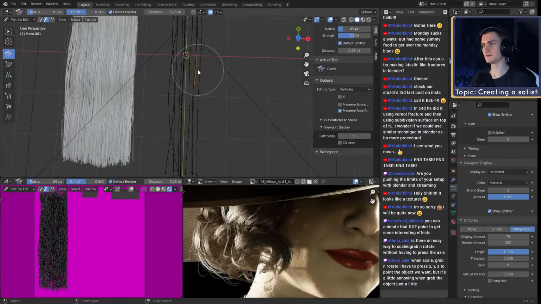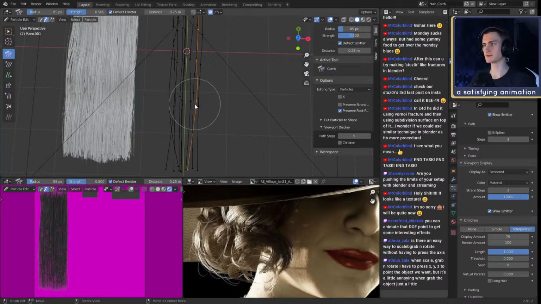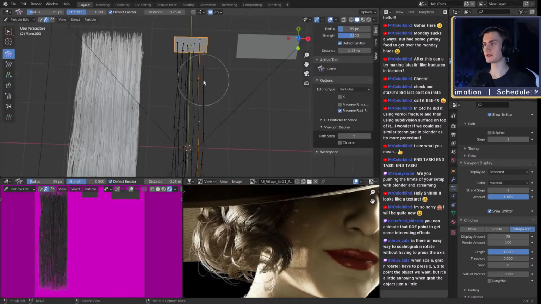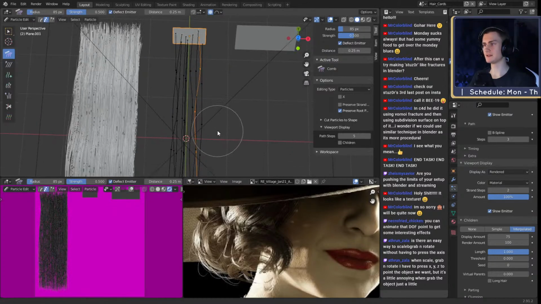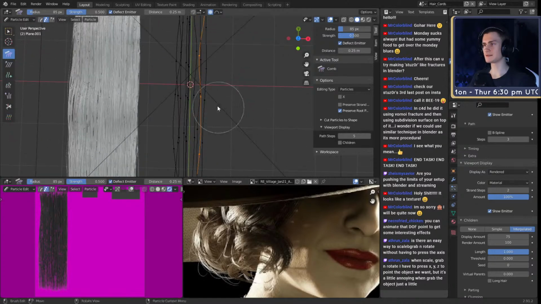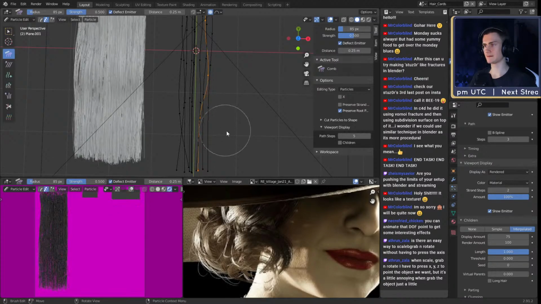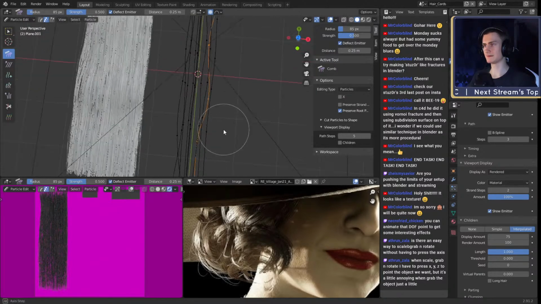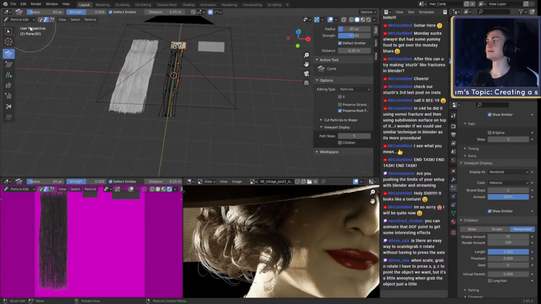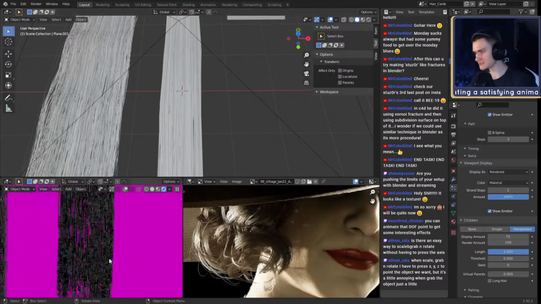We're probably going to use 4 strands in the end, but we're going to see how it looks with just 3. I don't want to spend too much time on here, because it can be quite finicky and annoying if you spend too much time on the details. So I kind of want to keep this quite low res, if you want to call it that. And as you can see, we have some changes.